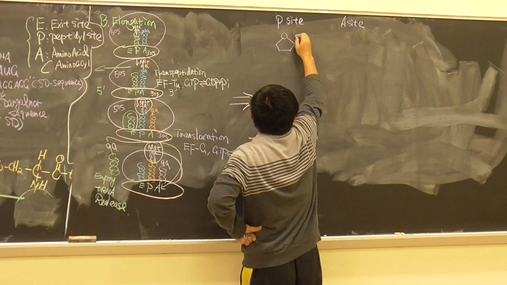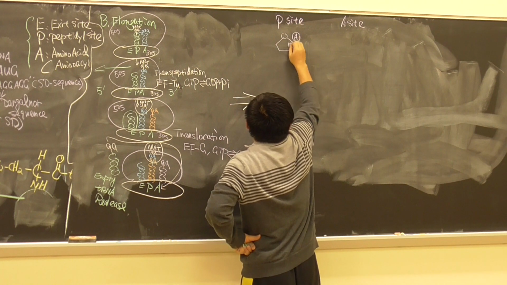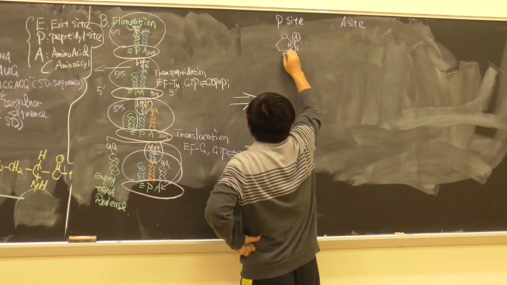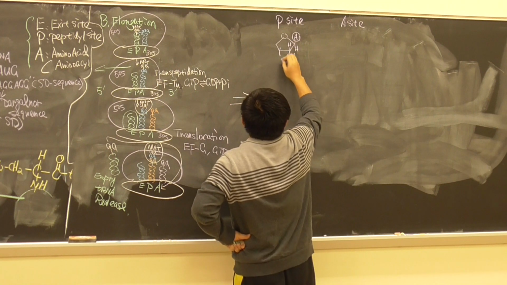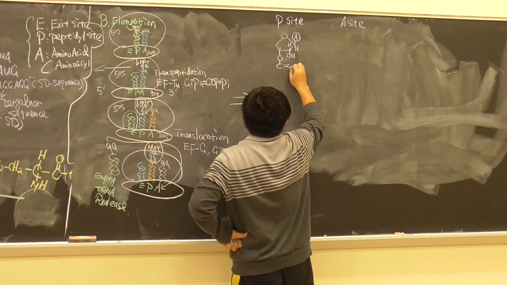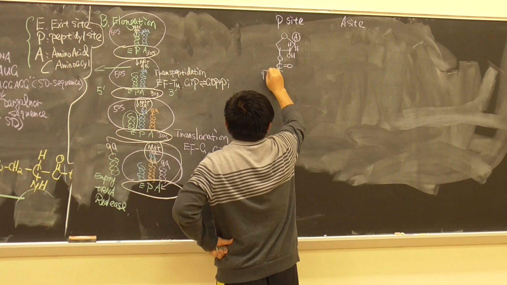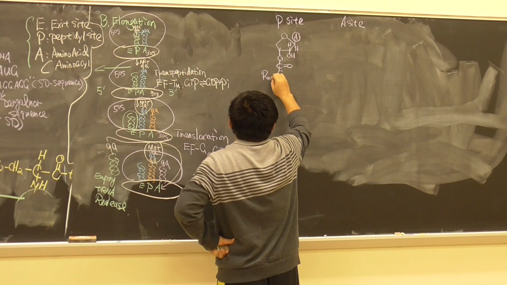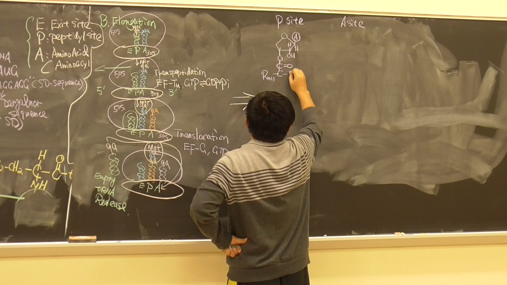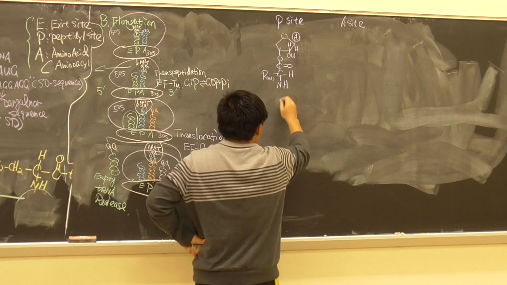This is, let's say, H, OH, then goes here, we're going to have O, goes here, we're going to have C, O, then we're going to go here, we're going to have R, N plus 1, and then H, and NH, which is the amino group, so go down,